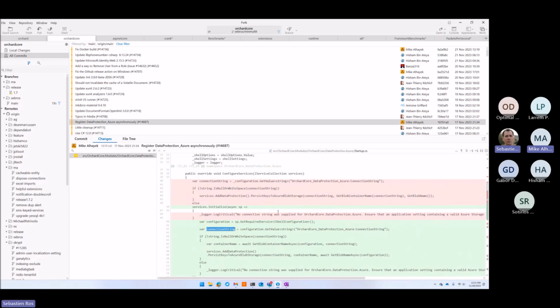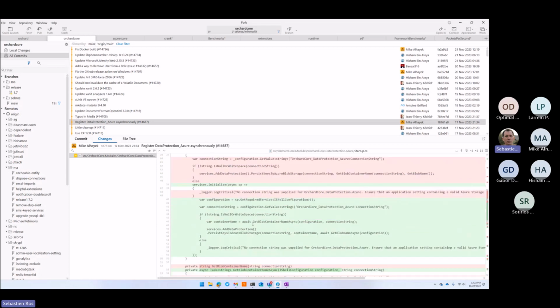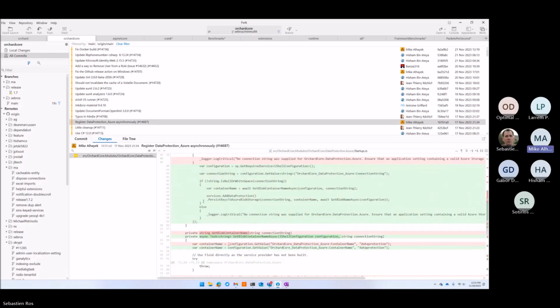So look at line 48. It's not about configuring the service, it's initializing. It's called configure services, just to set up the services. It's configuring the service. Well, what services do we need? Even the instances. And here, this is what it's doing: add data protection. So this is adding services. Correct, and that's what I'm saying. So if you look at line 48 there, you see how we're adding a service? It's actually not good right there.